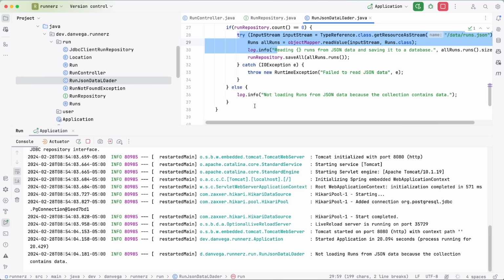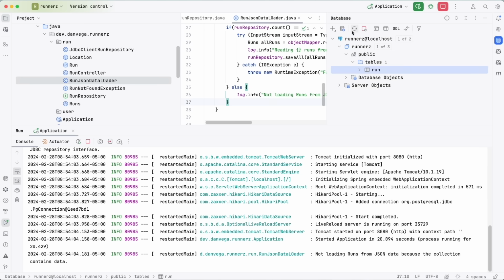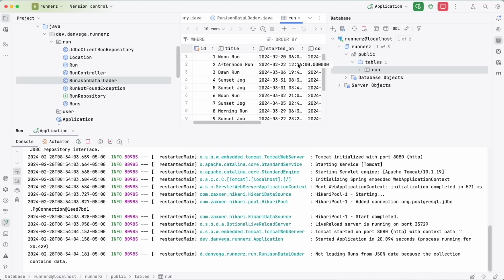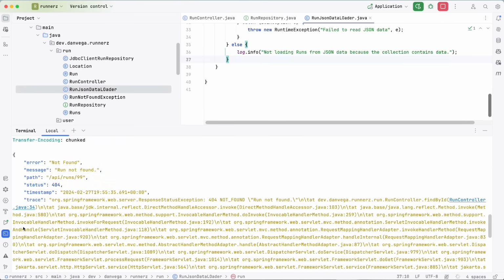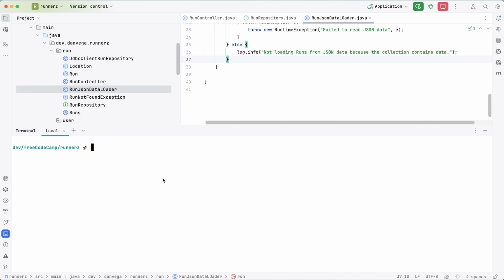Because remember, now we're using Postgres. This is not resetting every single time that we restart the application. So if we were to go into our database again and look at our table, we'd still see our 10 runs, right? So that's interesting. The other part is, if we go to the terminal and let's just clear this